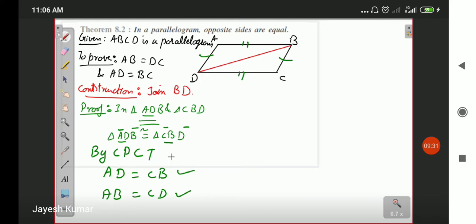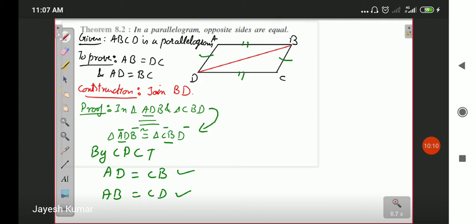By CPCT, first of all, you prove that both of these triangles are congruent. We are going to do a lot of things like this. Once we prove a theorem, we can use that proof in the next theorem as well. There are going to be many CPCTs from now. Once again, you cannot just jump from here to here like I have done. So you have to write down the whole proof. How did you prove that these two triangles are congruent, and then use CPCT. Without proving triangles congruent, you cannot apply CPCT.